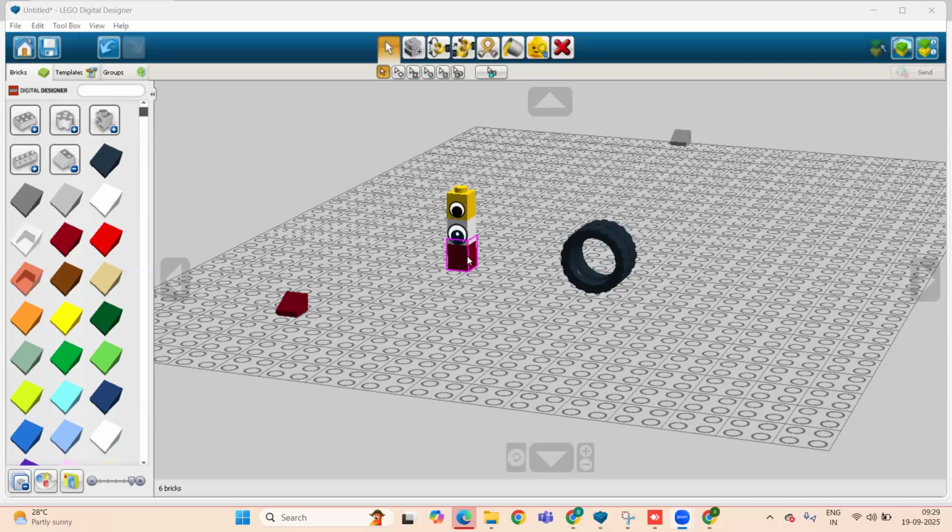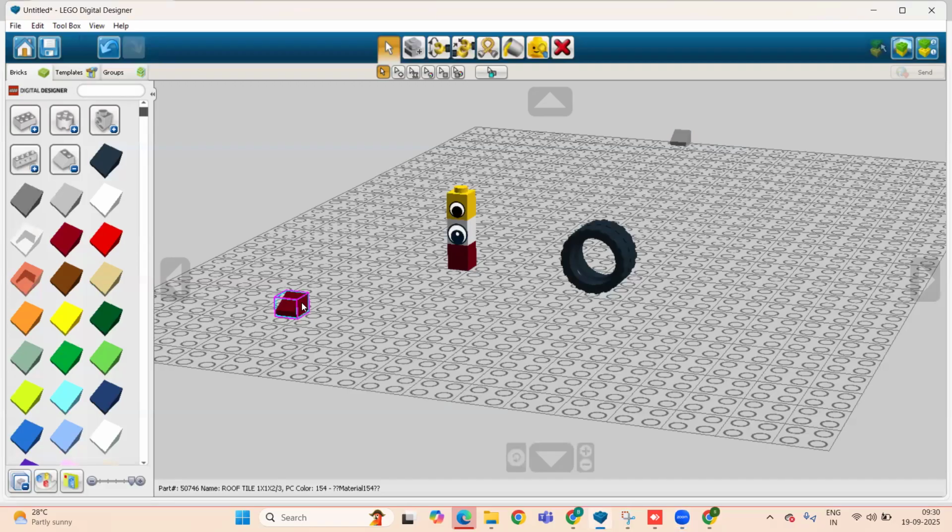So what actions do we need to take? First, click a single brick to select it. For example, I want to select this brick, so I choose the select tool and click on that particular object. It is selected, or highlighted.